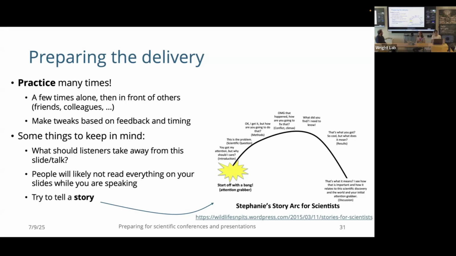Another thing to keep in mind is that people will likely not read everything on your slide while you're speaking. You've probably noticed that, even right now, you're probably not reading every single word of this slide as I'm talking. So that's why you want to make sure to have sparse text, and if people are checking the slides afterwards, you still want it to be clear enough so that it makes sense if you're looking at the slides on their own. But if there are important details, don't leave them out just because they're on the slide, because don't assume that they'll read everything.